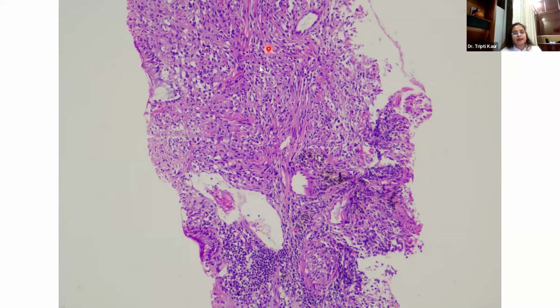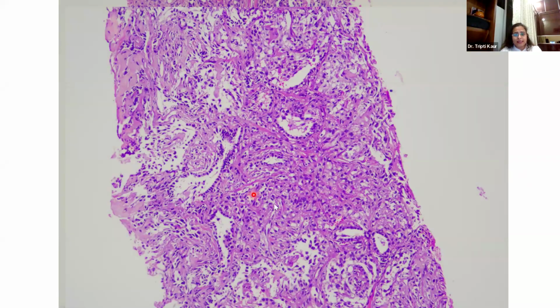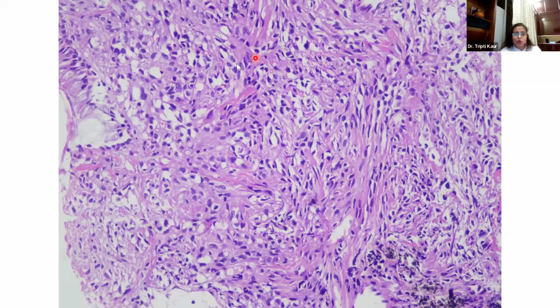This, you can see, is a respiratory bronchiole, and there is quite expanded stroma here with these round monotonous looking cells. The stromal cells are actually pushing the alveoli. They are compressing the alveoli, and the alveoli are lined by very benign appearing cells. These are all type 2 pneumocytes. Okay, so a closer look at these stromal cells, very round looking cells.